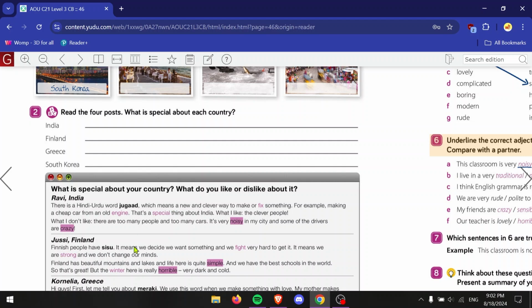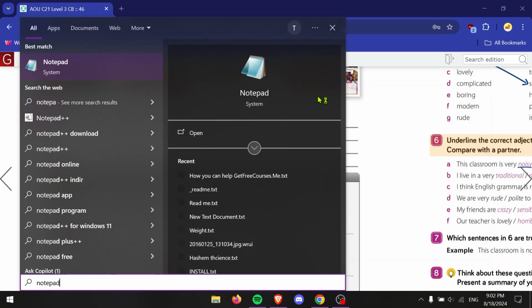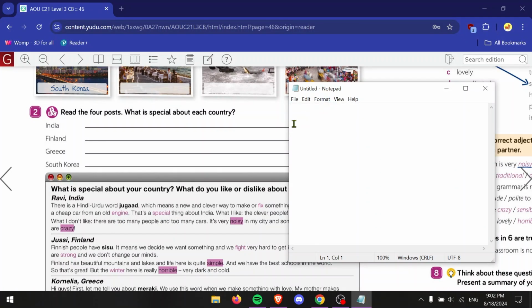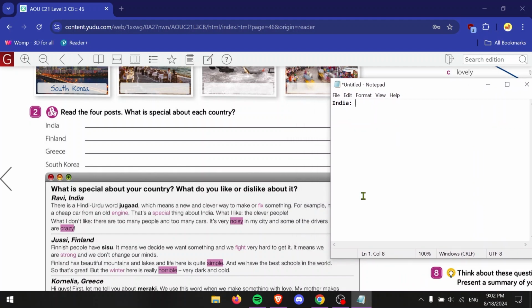All right, so assuming you've now written what is special about each country, I'm actually going to open my notepad here, and we're going to go over each country one by one. So we'll start with India because it's the first one here. For India,